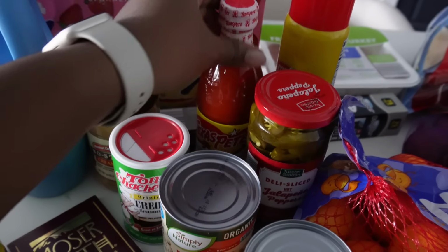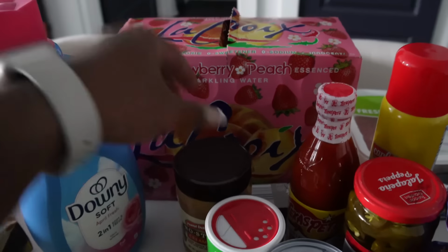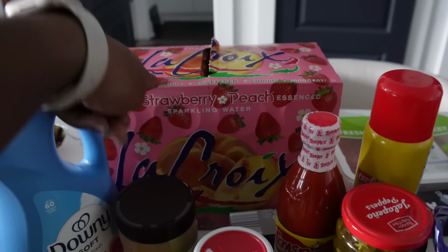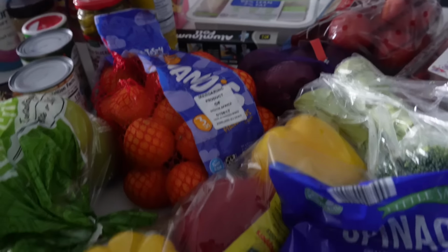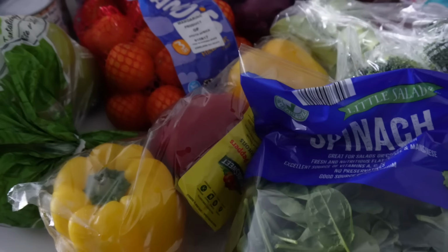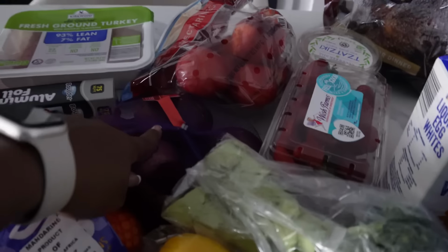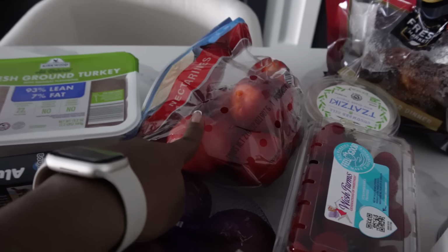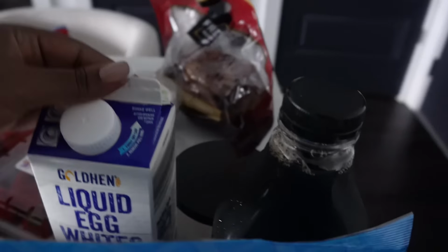jalapenos, Texas Pete hot sauce because I ran out of my Louisiana, Downy, fabric softener, some peanut butter, the strawberry and peach LaCroix, that's my favorite, and then some little mandarin oranges, peppers, the tricolor peppers. I guess this is just 2 colors because yellow and red, but you know. Spinach, reduced fat shredded cheese, a cucumber, some broccoli, not tomatoes, what are these? Onions, strawberries, some nectarines, and then I also got some aluminum foil and lean ground turkey, and then also liquid